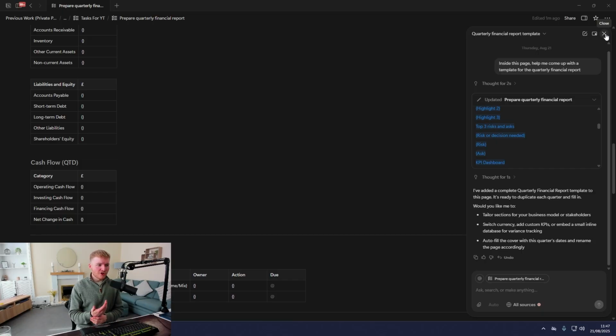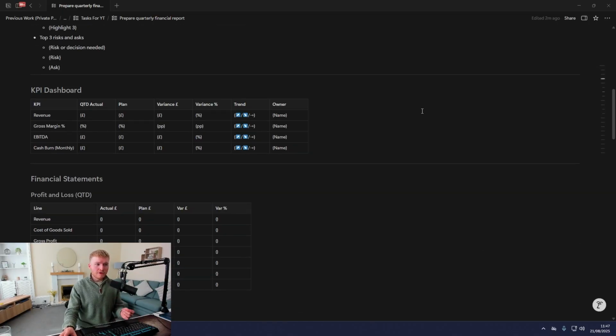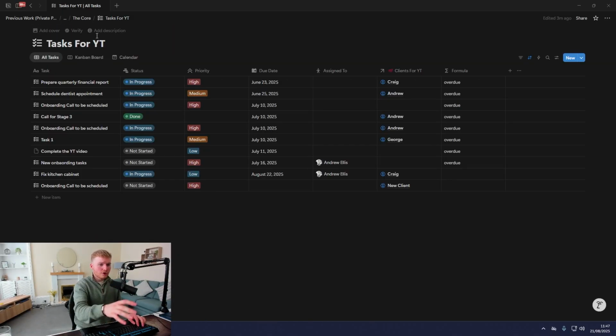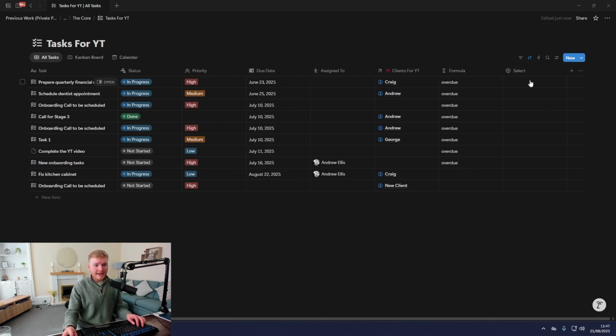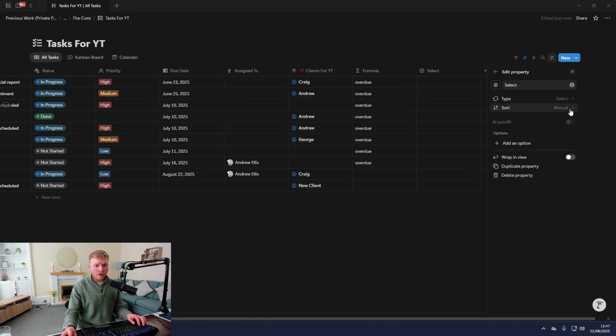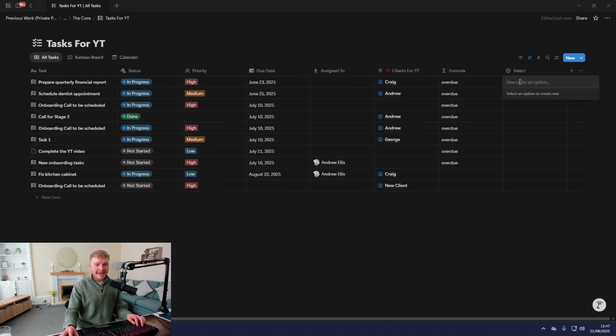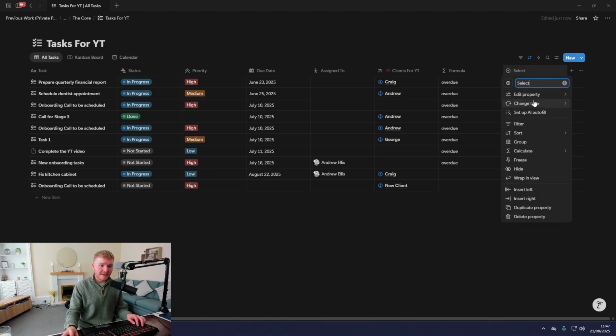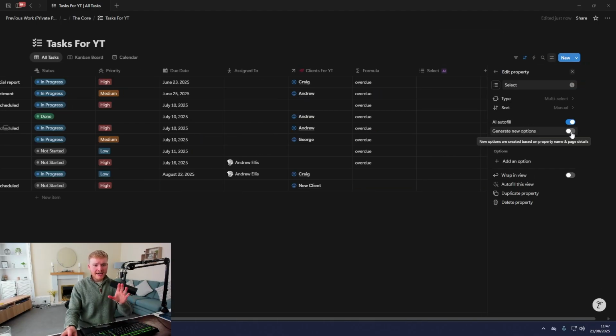Now, don't get me wrong, it's not going to be creating things like vector databases where you're really able to dive into it, but my recommendation, especially for business owners, to start thinking about when you're looking at your databases, I would genuinely start thinking about adding in selects and creating an AI autofill that is going to actually autofill what these topics are about. So inside of these selects themselves, you're using that AI to actually come up with tags of things that are going on. So inside of here, you can actually get it to generate its own options, and you can also put what you want it to generate,